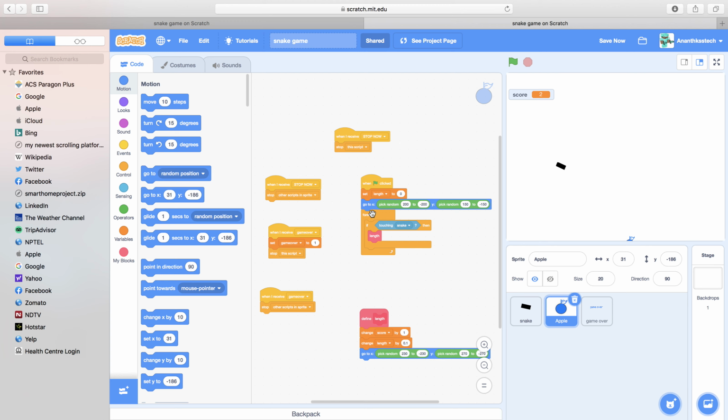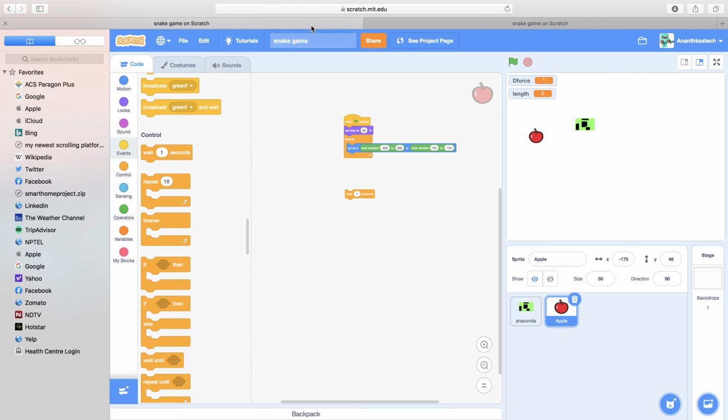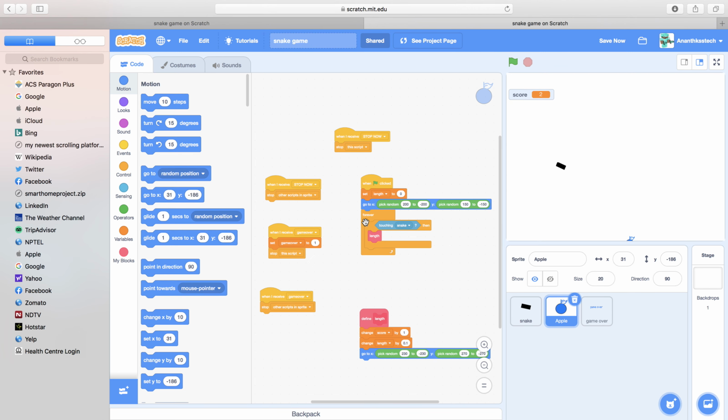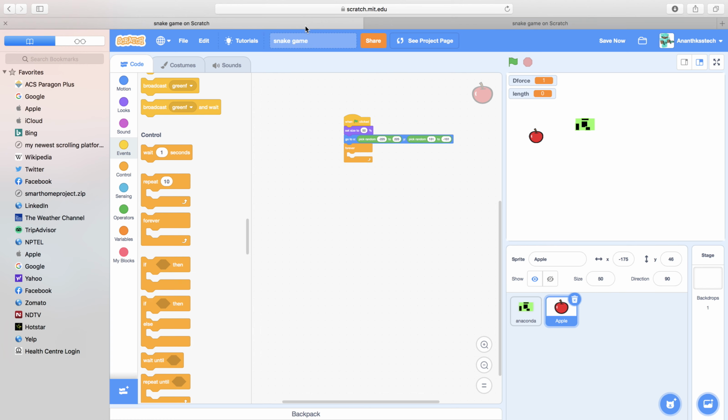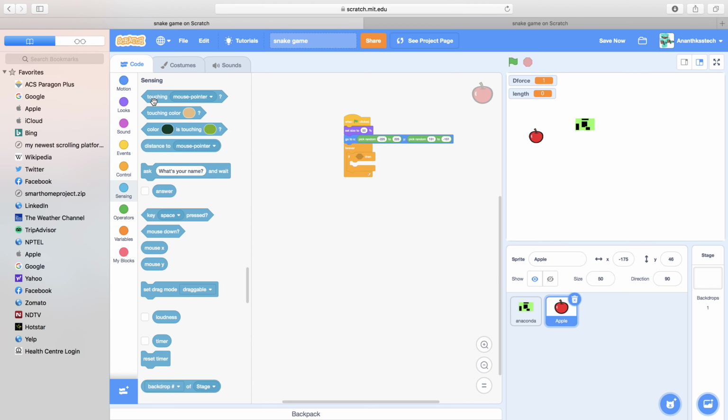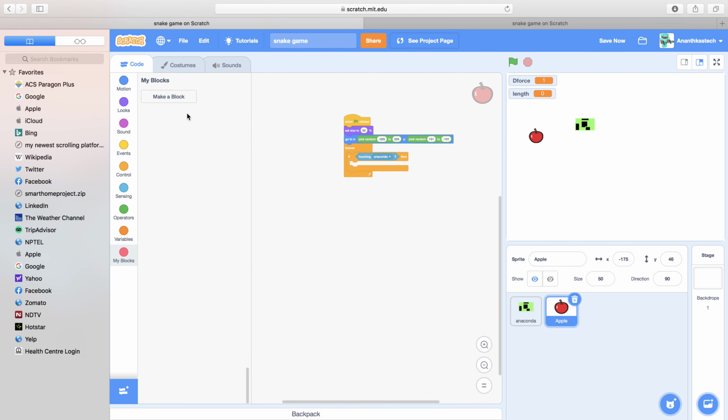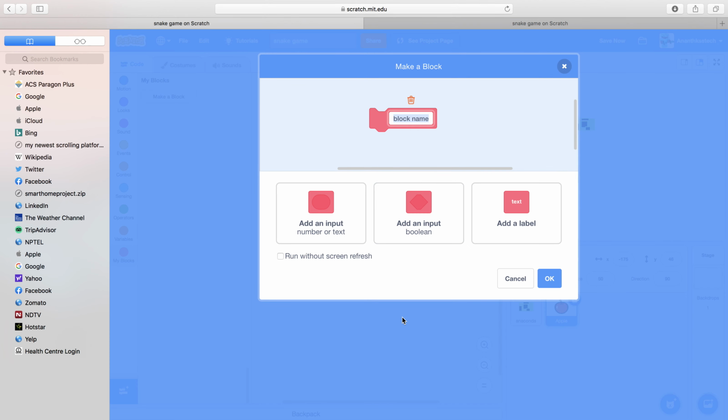So what we should do here is remove this go to X out of our area, and then put a forever loop that says if touching snake, then the length should change. So let's say if touching snake, anaconda in this case. Now go to custom blocks and create a custom block by the name length.